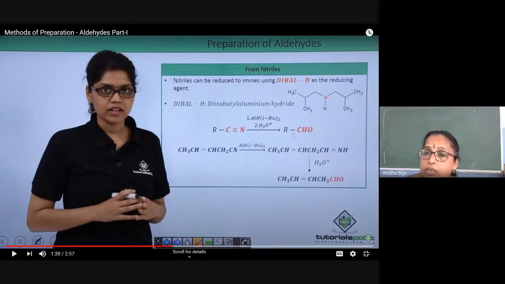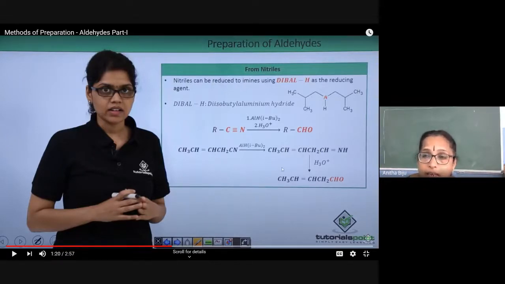So you can write the equation. This general equation you can write: RC triple bond N, and in a single step you can mention both the reagents. The first reagent is DIBAL-H, the second one is acid hydrolysis. Okay, this reaction has no name, but the reaction is similar to the Stephen reaction, and in this reaction the reagent is significant. And what is the significance of the reagent? It is mentioned in the second equation.